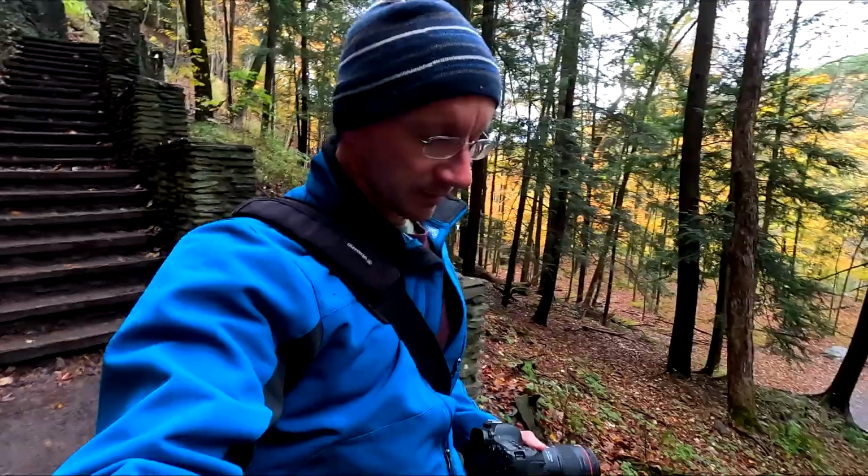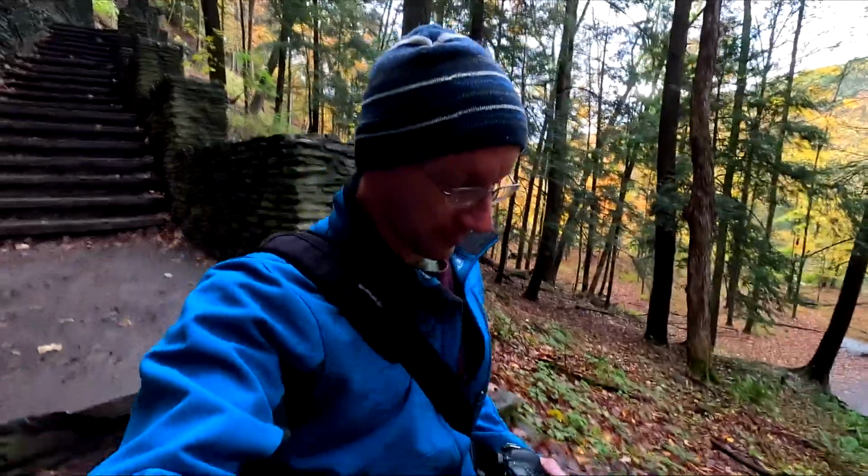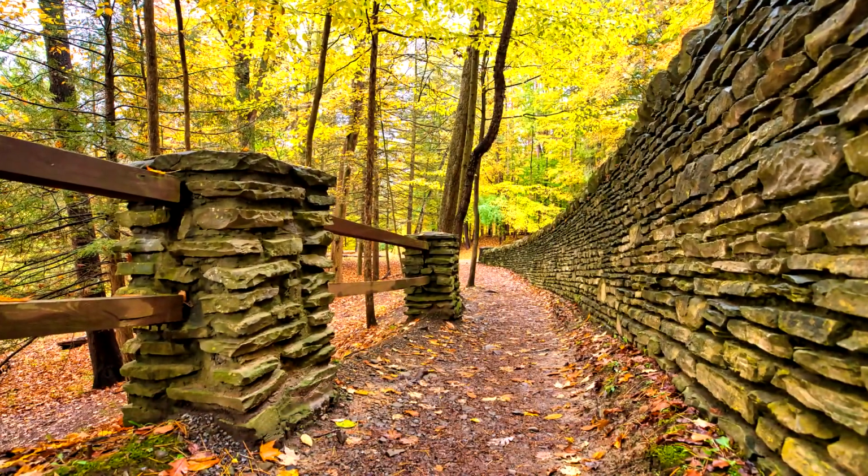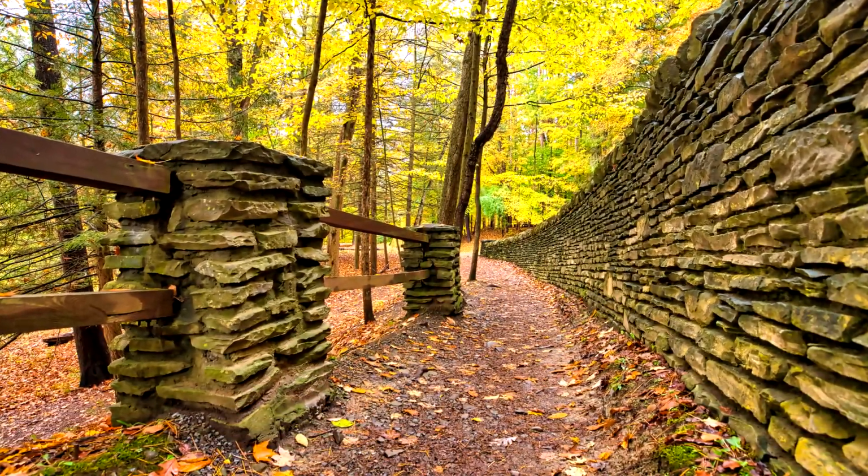This week I decided to do a last-minute trip out here to New York and Pennsylvania to catch some waterfalls I missed last time I was in the area and to see about these fall colors. So, I mean, they're not looking too hurtful. There's some spots that look like they are a little bit past prime and some spots that look like they